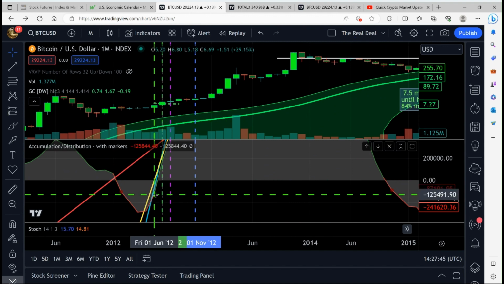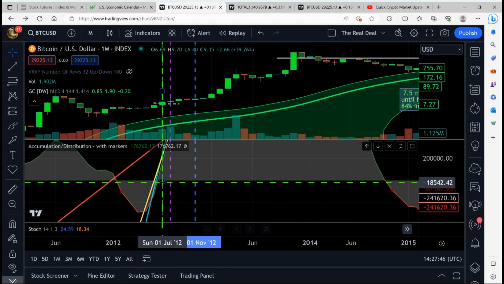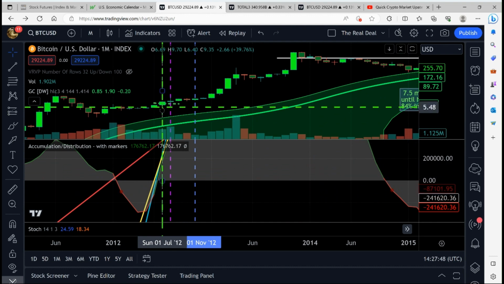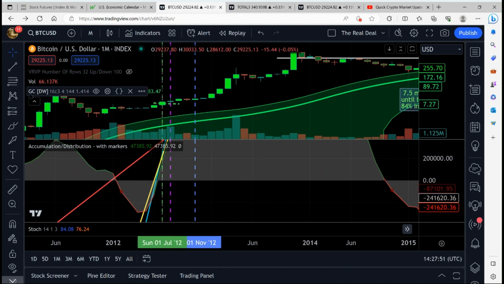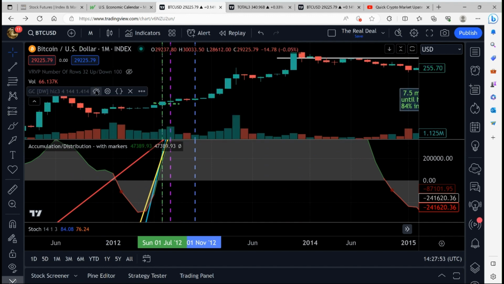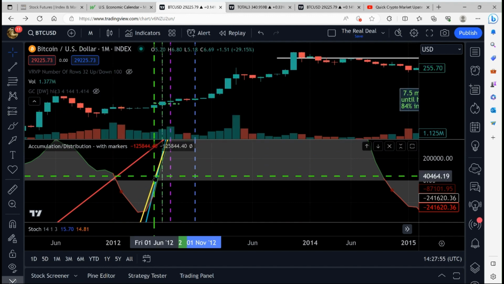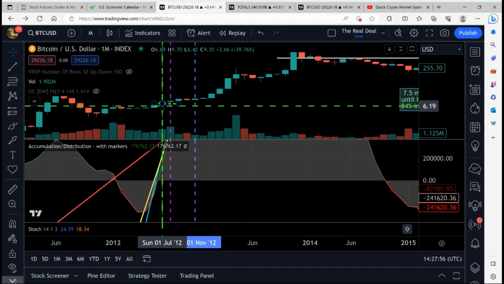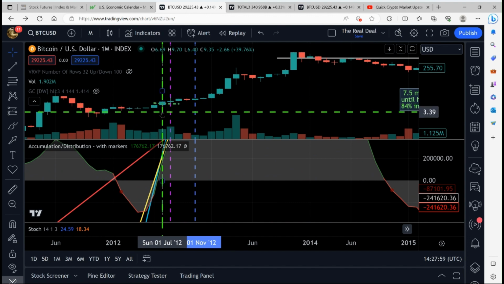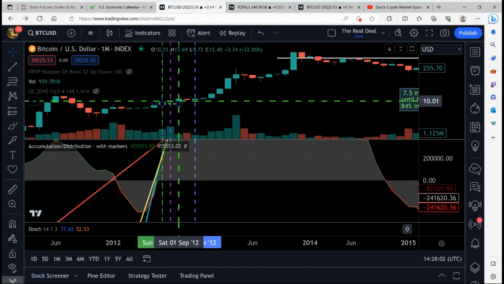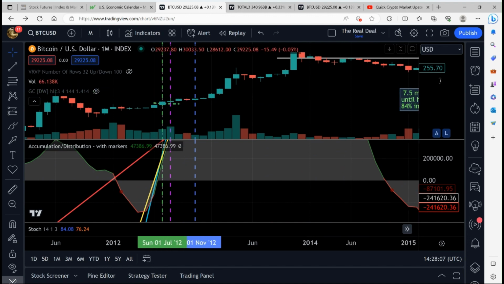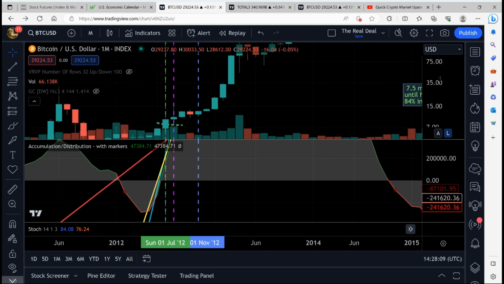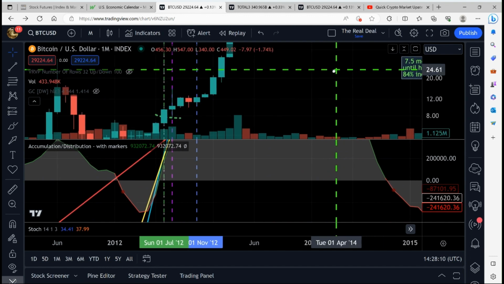So this move represents the prior month, and now we are in this month currently. And let me turn the Gaussian channel off because it's distorting the colors. This is the month after the move upwards right here, July 2012. Green month, green month, green month, 3 green months in a row. Now that doesn't look like a lot, but if we zoom in here,